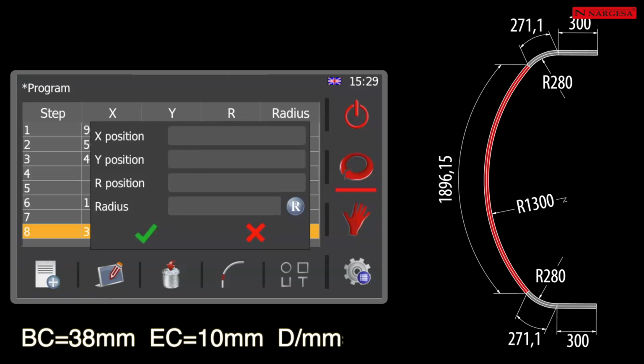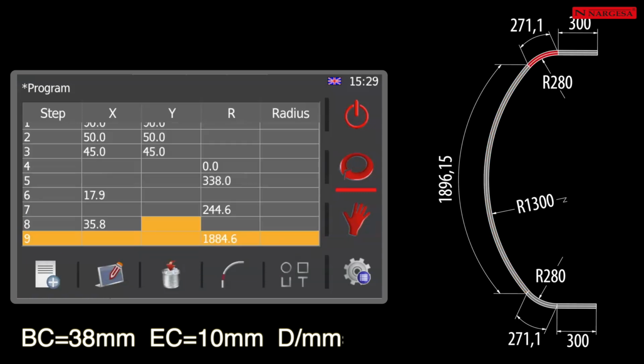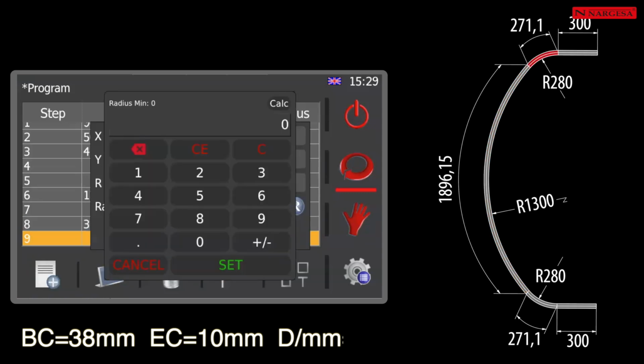Length of the curve, 1,896.15, plus the beginning of the next curve, 38, plus the end of the previous curve, 10, less the deformation, 59.54. Result, 1,884.6. In the 10th step, ask the software again to predict the position of the lower axles for a radius